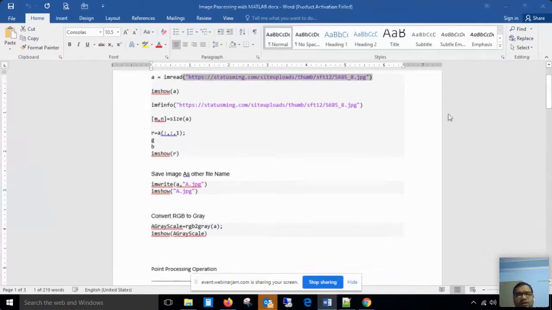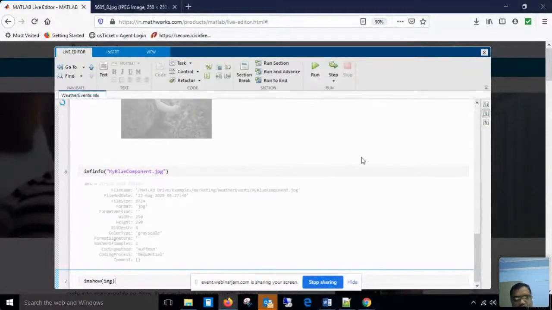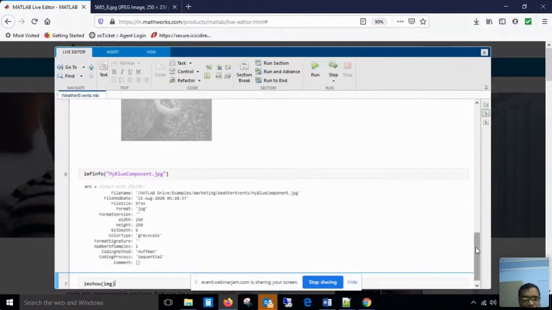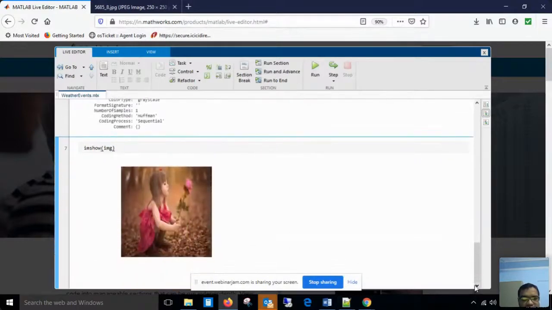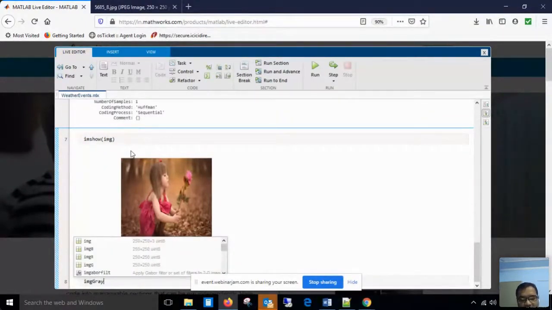Okay, now there is one point. If I am using a colored image, so this was my color image, imshow img, and I don't want to extract its color components, but I want to convert this image into grayscale. Then what to do? That means without extracting a color component, if I have to convert this three-dimensional matrix to a two-dimensional matrix, then the only solution is to convert the colored image into a grayscale image, then automatically the matrix will be changed to two-dimensional. So I will use one function, imgGray. This is a new matrix I am taking.